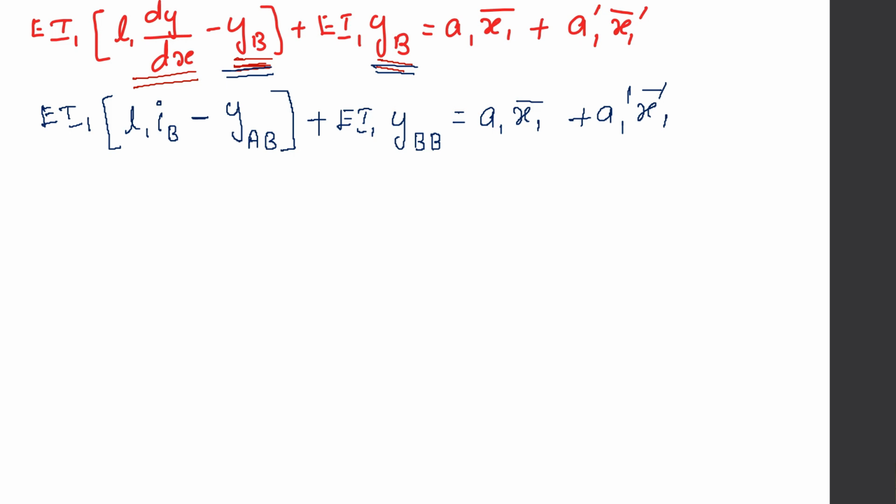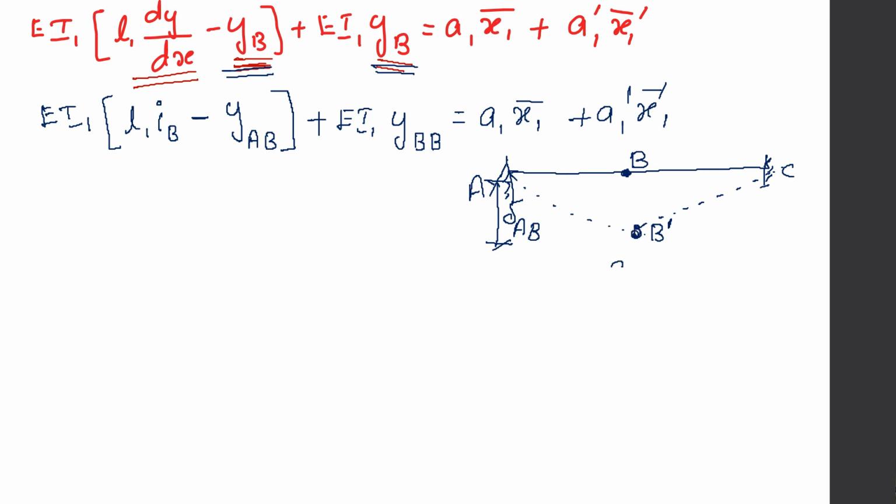Now see how we will take the deflection. We are taking the span ABC, and when the support B is sinking, when it has some settlement, B comes from B to B dash, and therefore the deflected shape will be like this. So this distance is delta AB and this is delta BB. So B actually comes here.